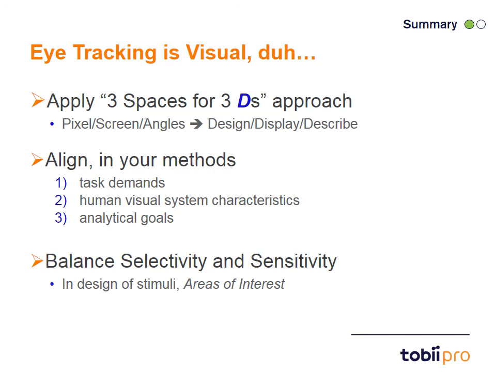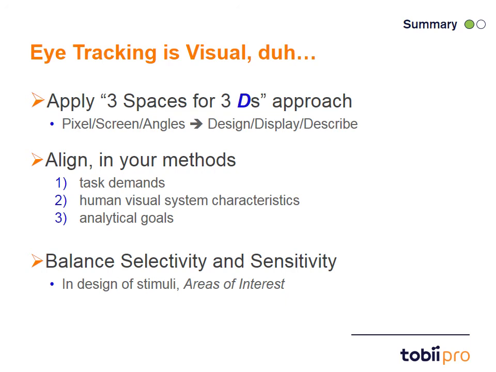And those three spaces correspond to the abstract world of pixel space for design, the concrete world of screen space for the rendering of your stimuli and images, and angular space, which is the space wherein we describe and report